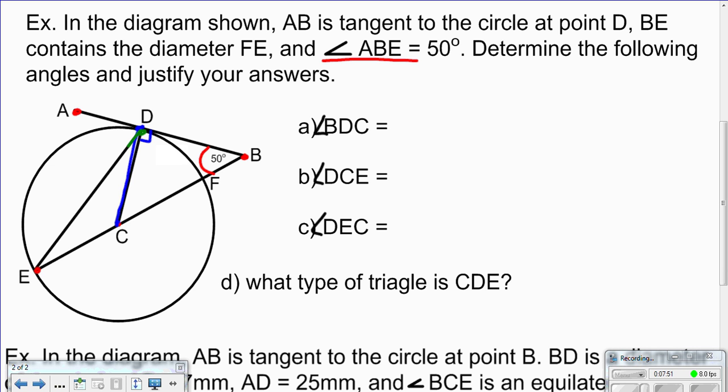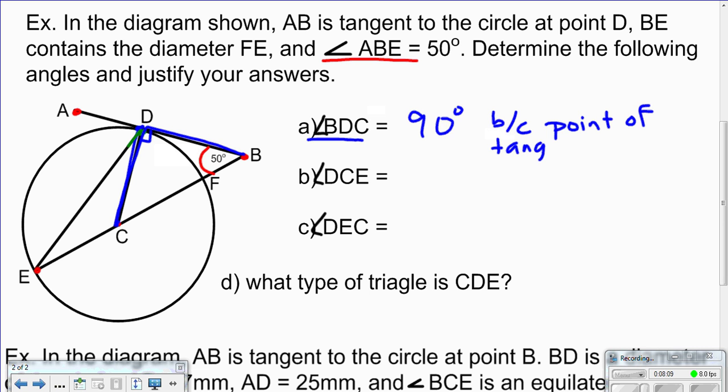So, angle, let's start doing some color coding here. Angle BDC, so B to D to C, we already said is a 90-degree angle because it is a point of tangency with a radius line. If we look at DCE, can we find DCE? Oh, we won't go to DCE just yet, just kidding. We need to know a little piece, so before we can go to DCE, which is this angle, DCE,